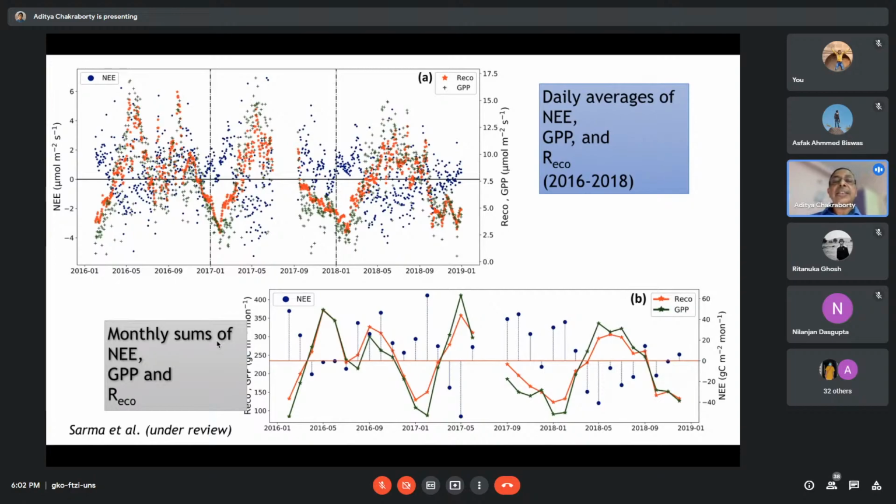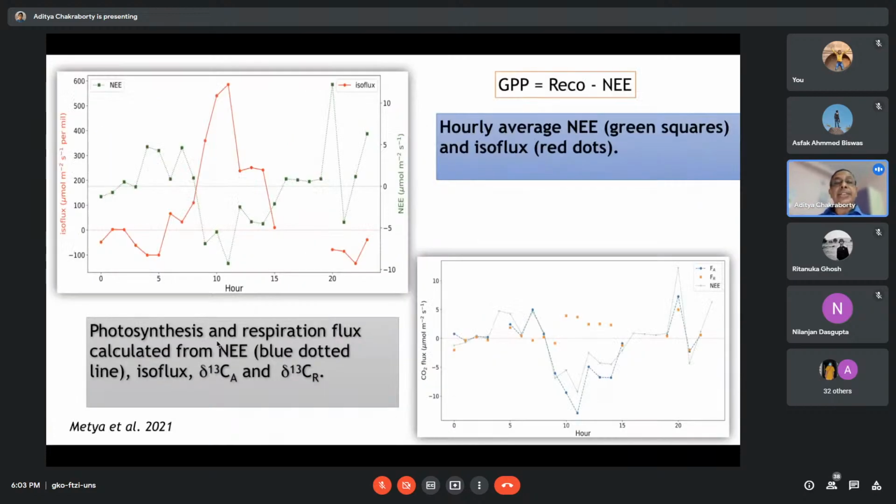So this is in general the characteristic of carbon. If we consider all the 3 years, we have seen that the carbon sequestration potential of the Kaziranga forest is practically very, very small. Compared to other forests in India, it does not have that much potential to absorb carbon dioxide. And what is the reason for that? I'll come to that next.